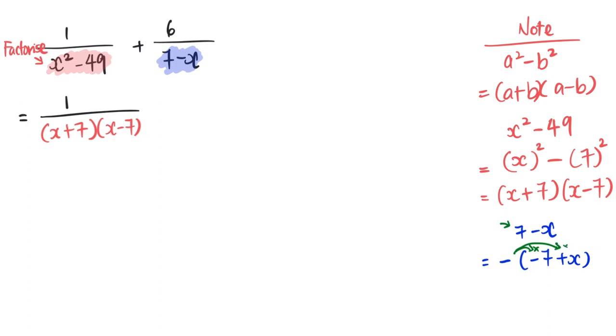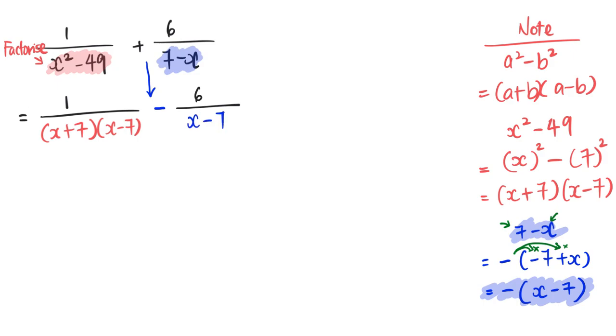Negative times positive x will give me back my negative x. And if I rearrange them, positive x written in front, negative 7 written behind, yes, you can do that. Then my 7 minus x can be rewritten as negative of x minus 7. And because this is a positive in the first place, you can see me writing it as negative 6 over